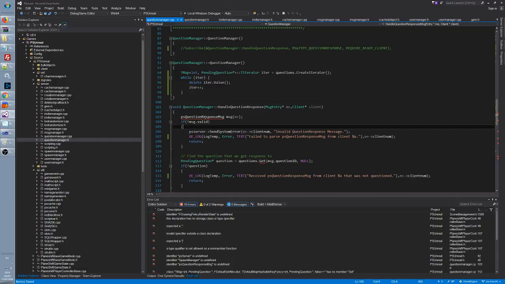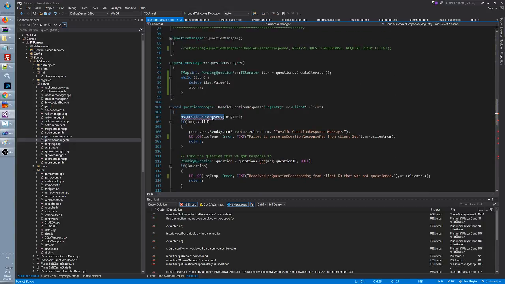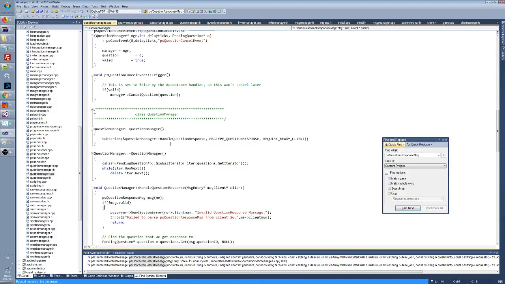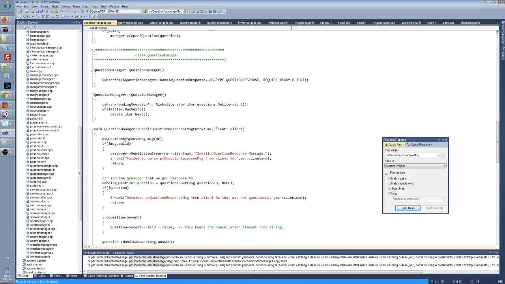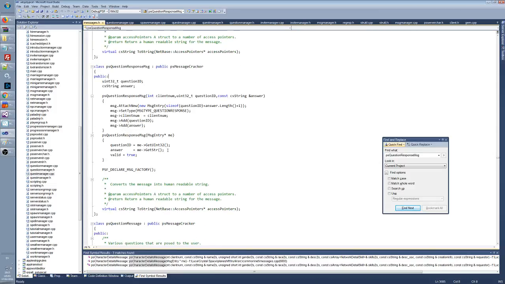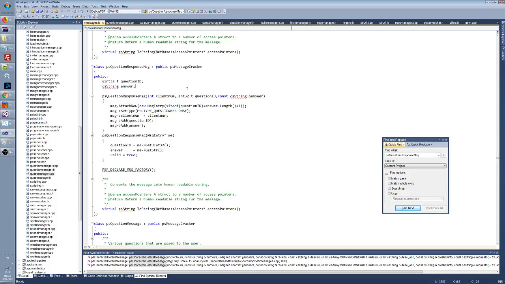Question response message. There is one of the messages that we don't have yet, I think. So let's just check in the old code, and I think we can just move it as a dummy for now. Right? We just move it dummy. And then we will fix it later, because again, I don't want to fix everything now, otherwise it will take forever. I want to do it step by step, piece by piece. Right? So there is the question response message, which we can place still in our